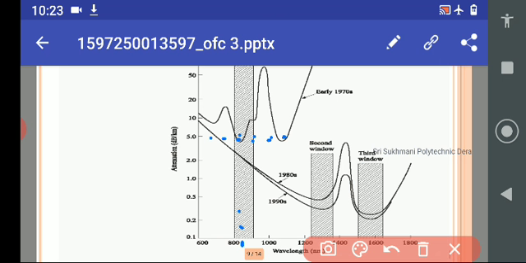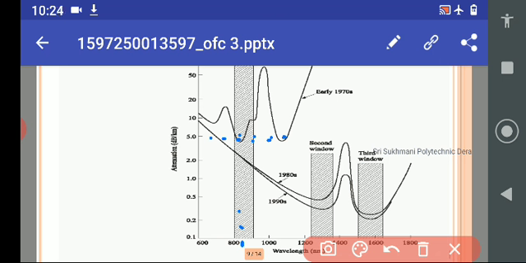But at 850 nanometers the curve is experiencing attenuation of 5 dB per kilometer. So this is our first window, and it was established in the year 1970. So the first window is from 800 to 900 nanometers. Then the second window came into effect in 1980,